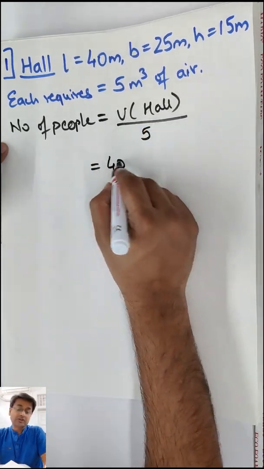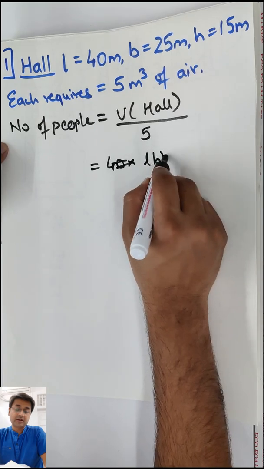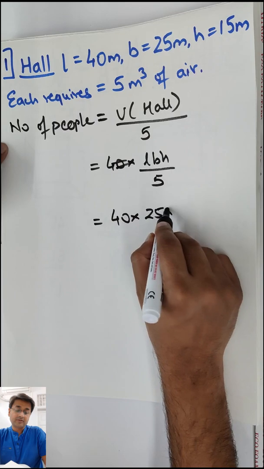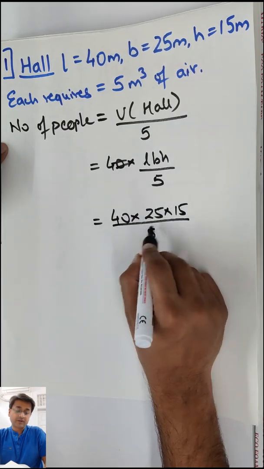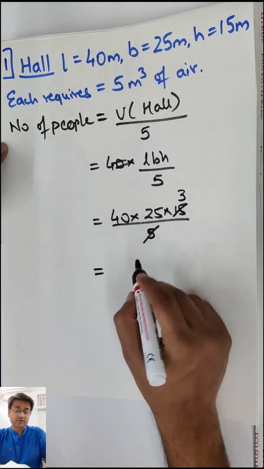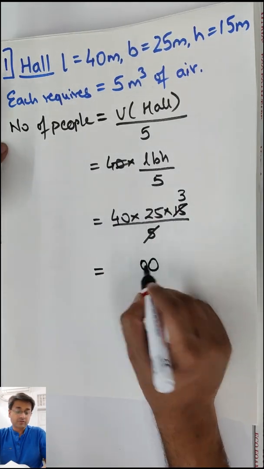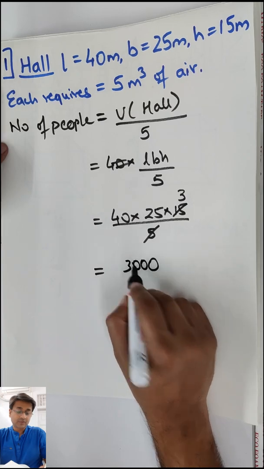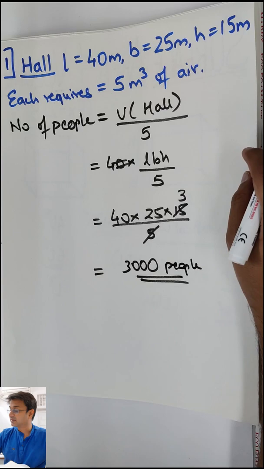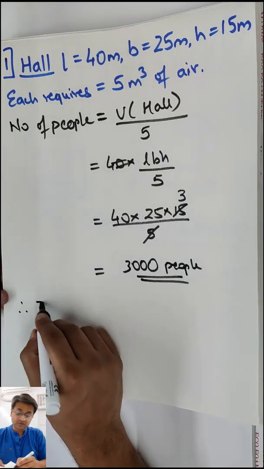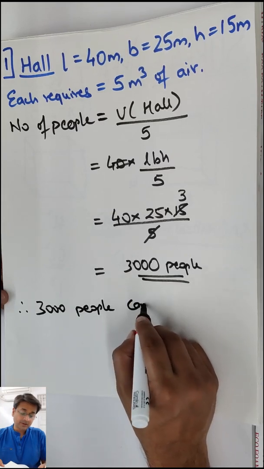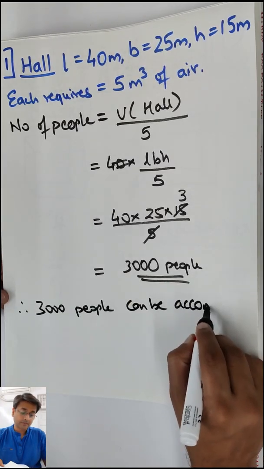So volume of the hall, you can write the formula length, breadth, height upon 5. So 40 by 25 by 15 upon 5. So 5 ones are and 5 threes are, so 75 into 4. So 4 into 5, 20, 28, 30. So 3000 people can be accommodated, should be your answer number 1. So you can say therefore 3000 people can be accommodated